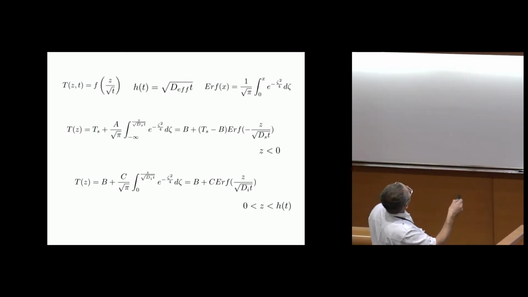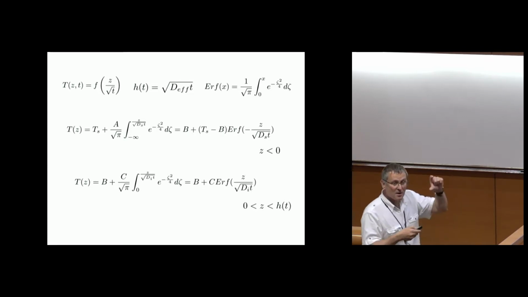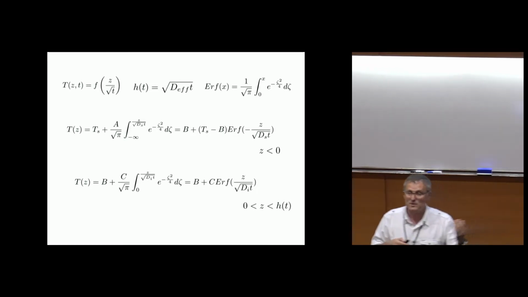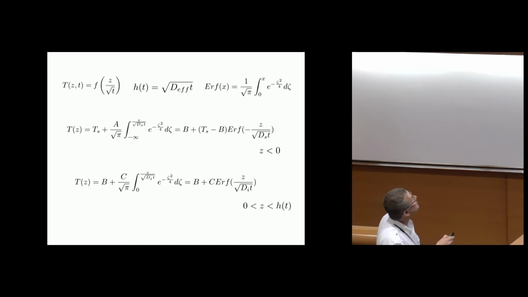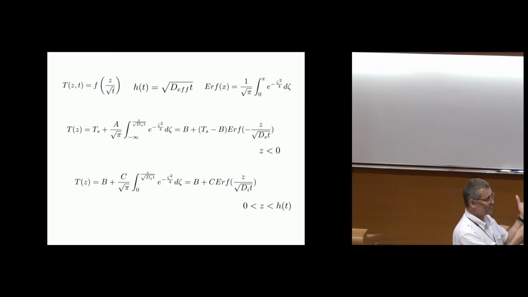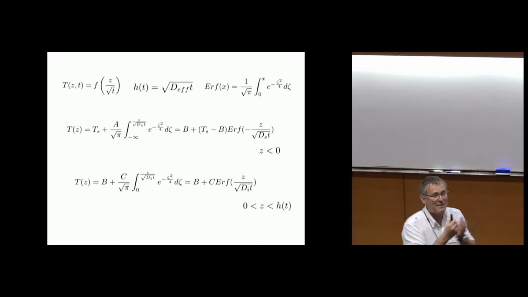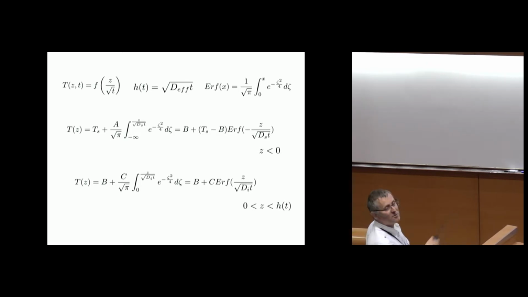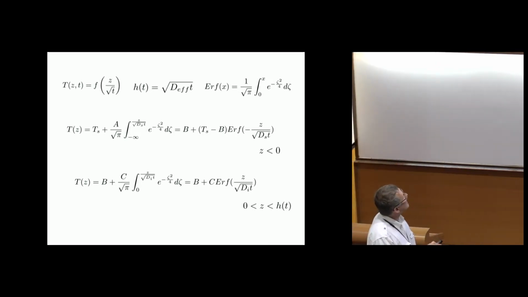Basically, you can make the assumption, or actually you can prove, that if you look for a self-similar solution, it should have this structure. So the temperature field should go like z over square root of t. And actually, the height of the ice layer should go like square root of time with an effective diffusion coefficient, or effective growth coefficient, which is exactly the thing we would like to understand. Because if we are able to solve this problem, then since we know the residence or waiting time of our drop before it retracts, we will have an idea of the residual thickness we want to find. I introduced this definition of the error function. It's not always the same for everybody.